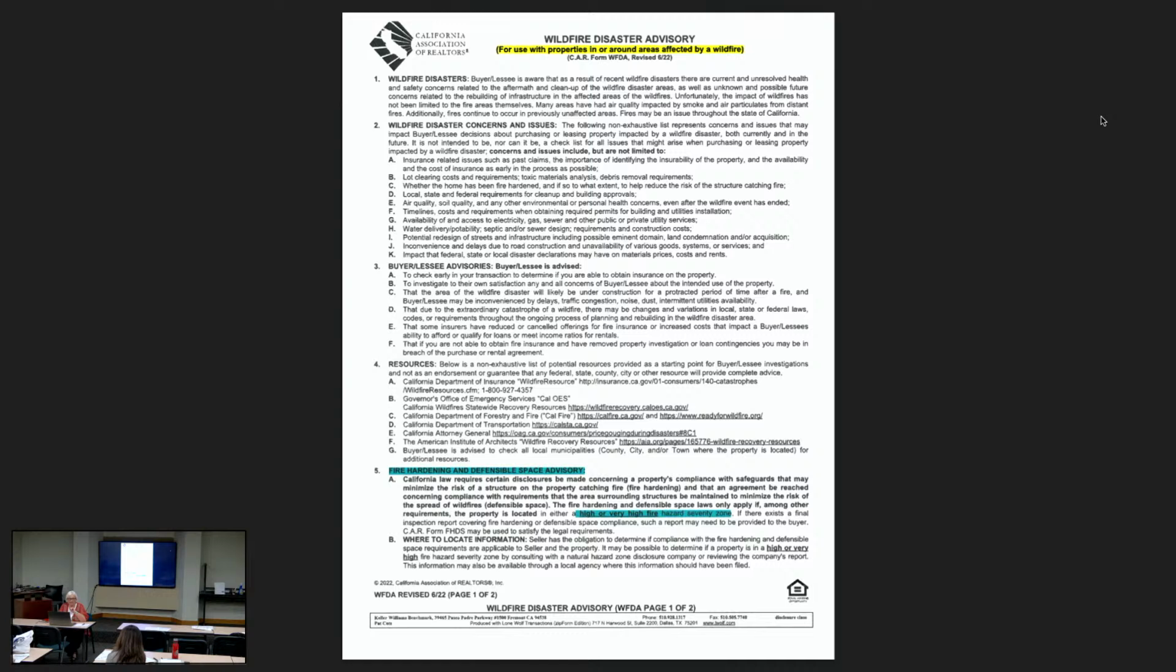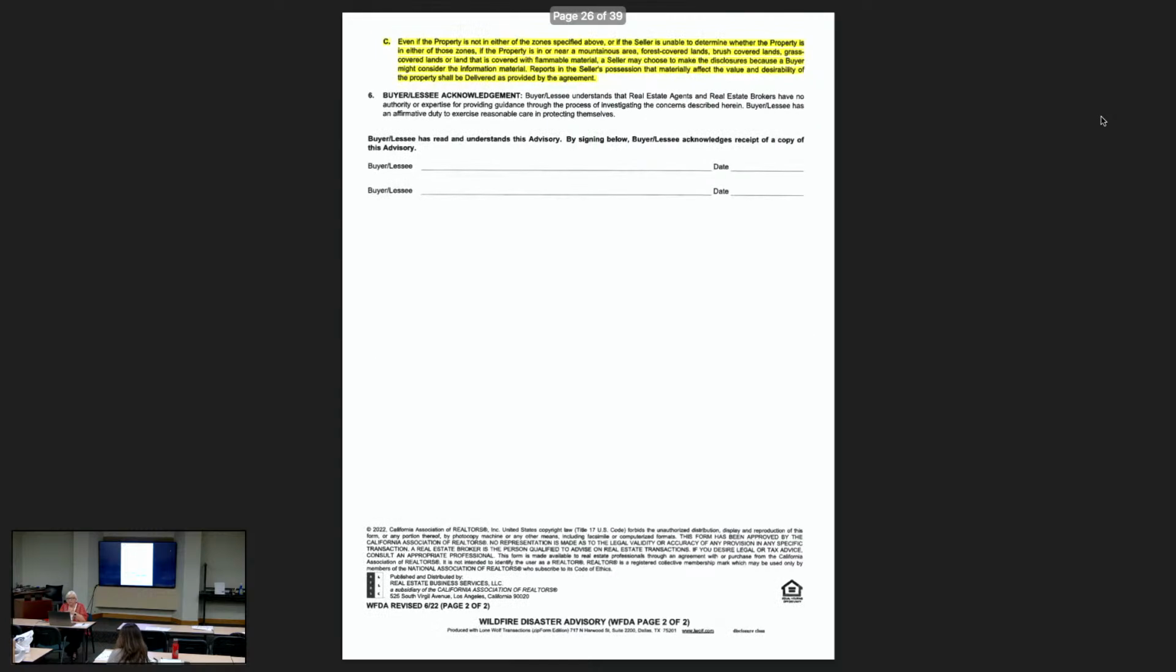Now, is that required if you're not in one of those areas? No, it's only if you're in one of those areas. Even if the property is not specified, okay, so C on the next page, even if the property is not